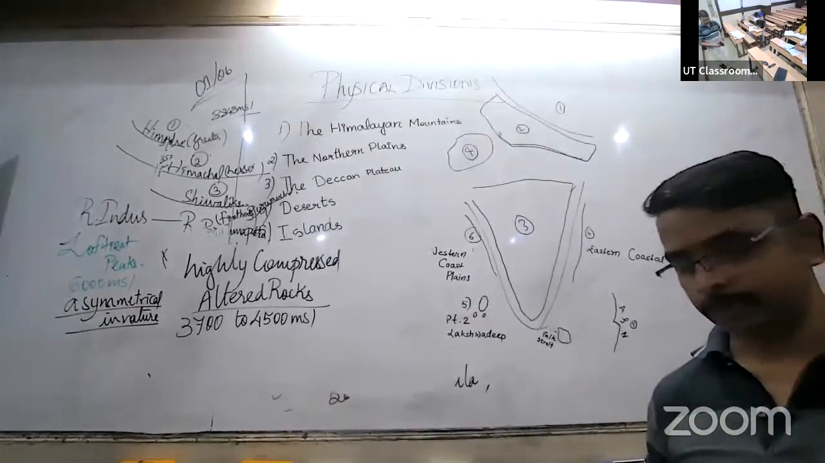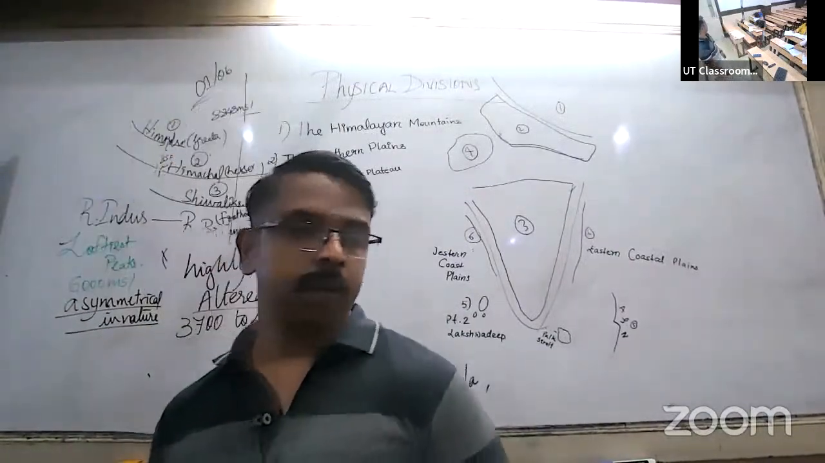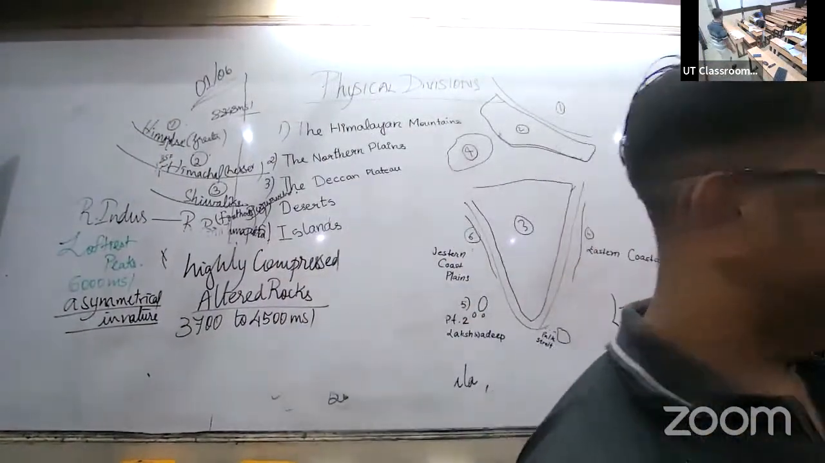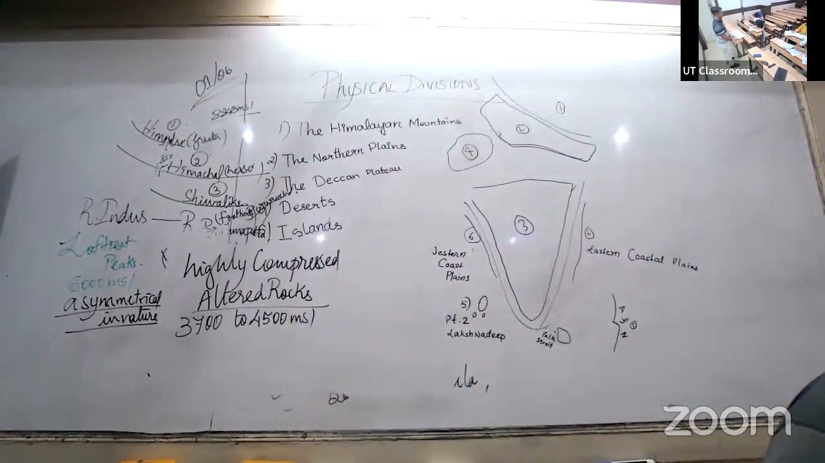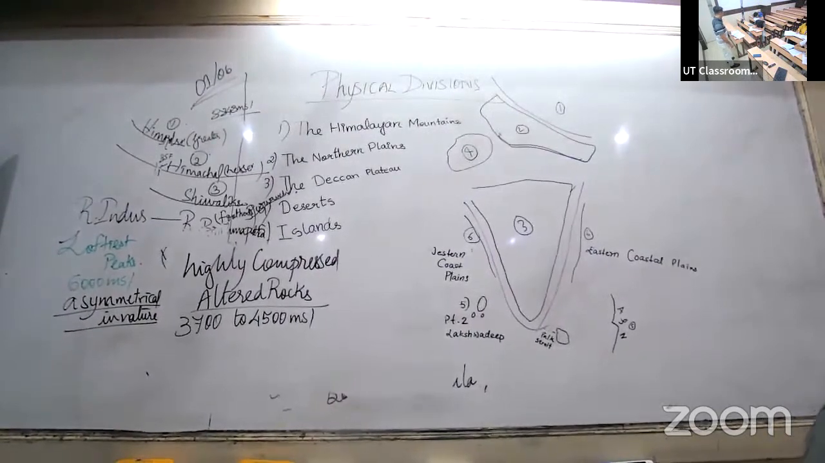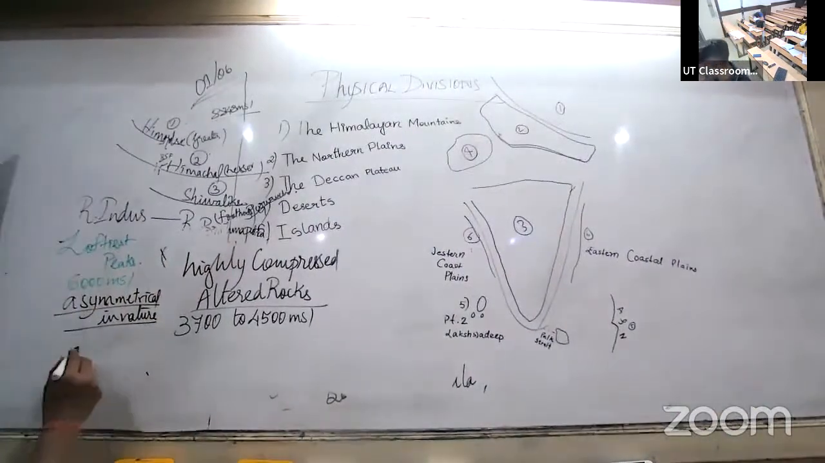Spiralics, with a total width of 10 to 15 kilometers. Total width of 10 to 15 kilometers on one side. And its altitude varies from